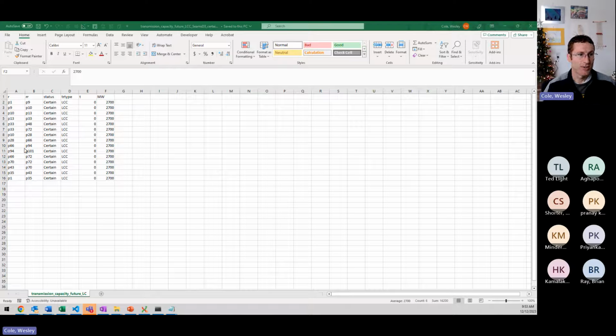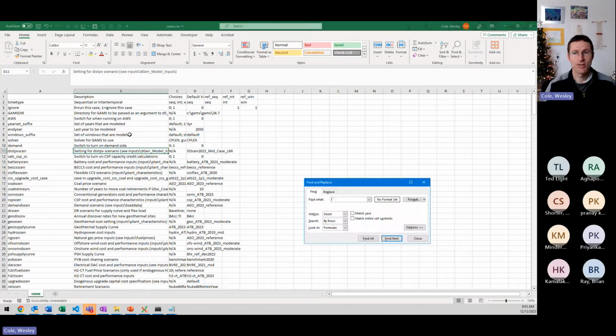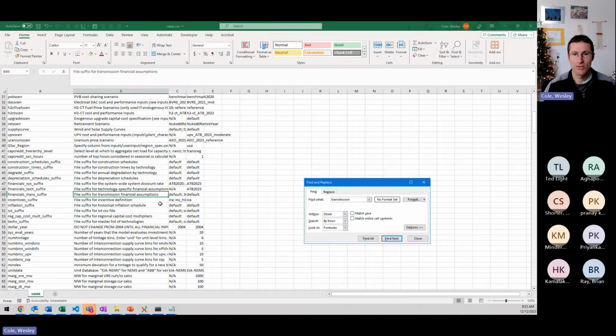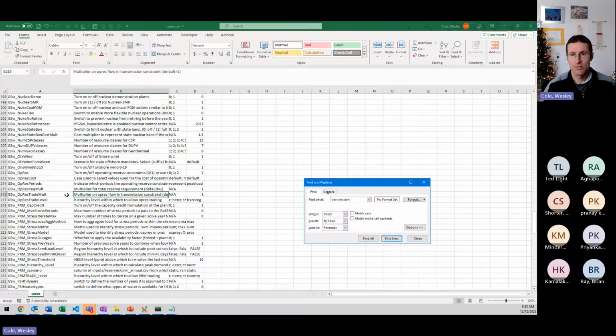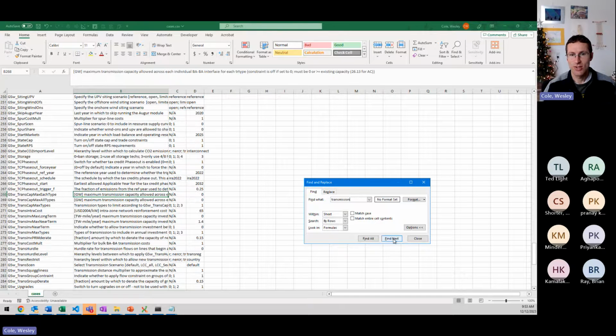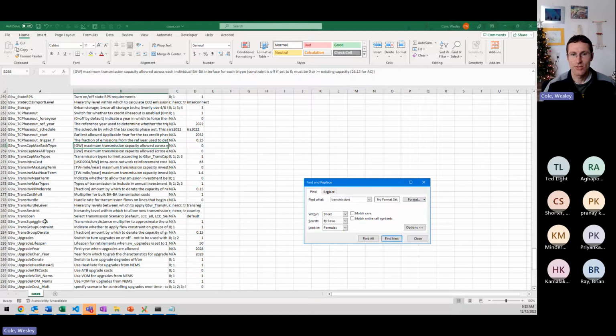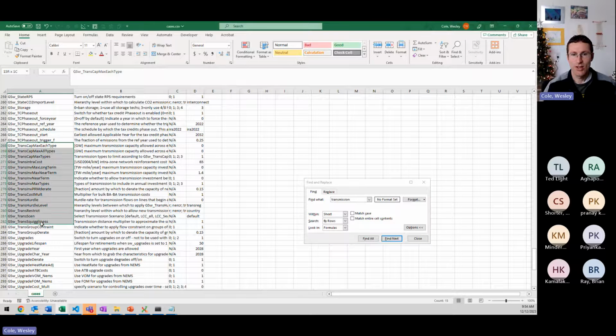And then I'm going to go back to our cases file. If you want to just start looking at what transmission options are available, you could search for transmission. So you have financial assumptions, how operating reserves are traded across transmission lines. And then we have this long list of transmission switches. And so you could read through those. So this is like,